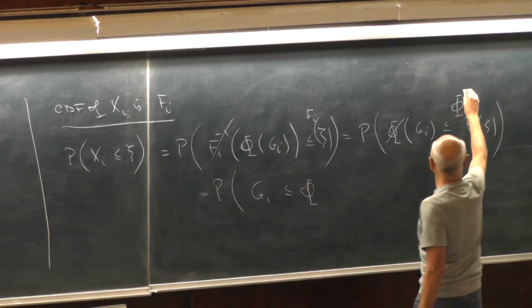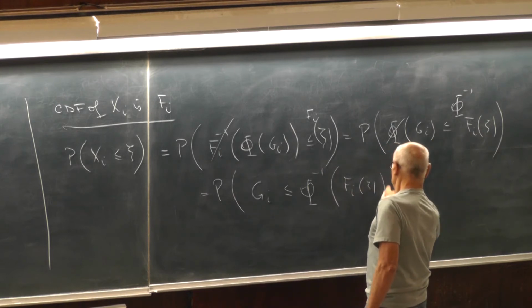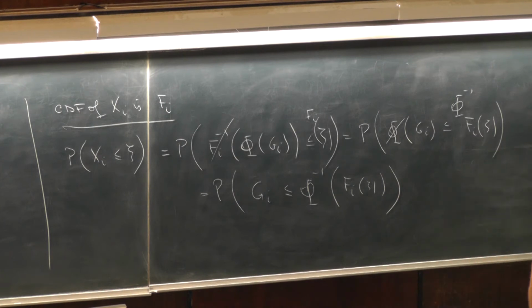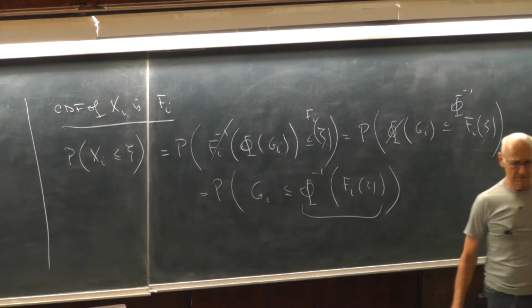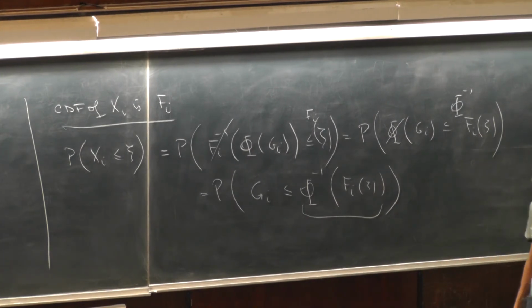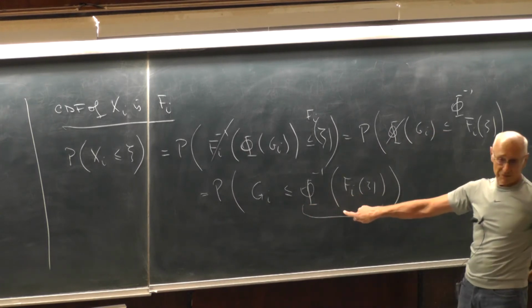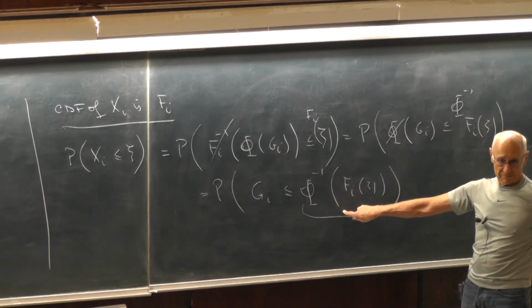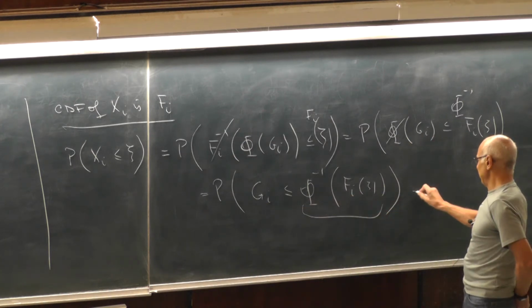So we end up with this, this is phi minus 1, right? I didn't put it. Right? Everybody sees this? This is a number. So what I'm asking right now, what's the probability that a standard Gaussian variable is smaller than this number? And that's phi of this number. Therefore,